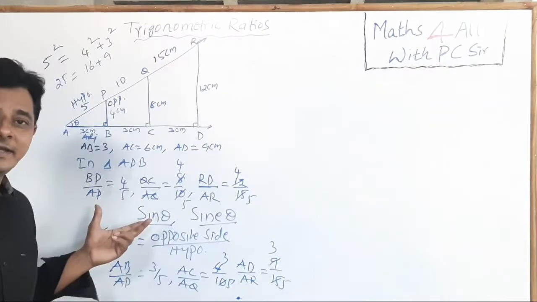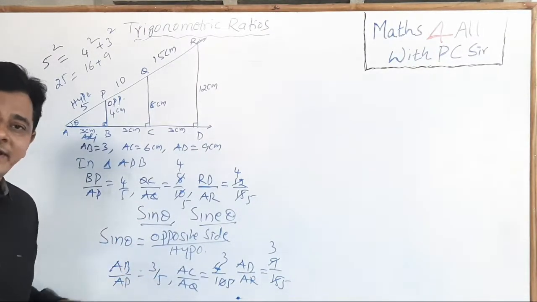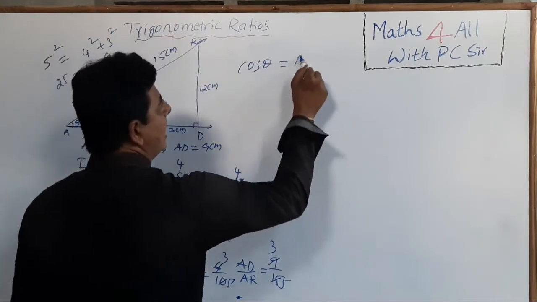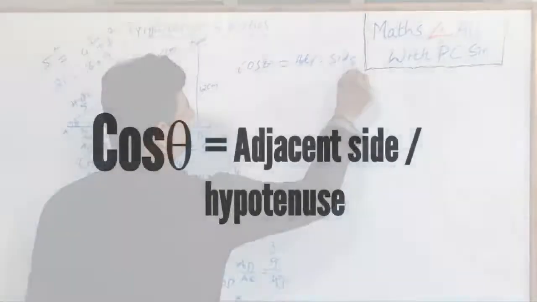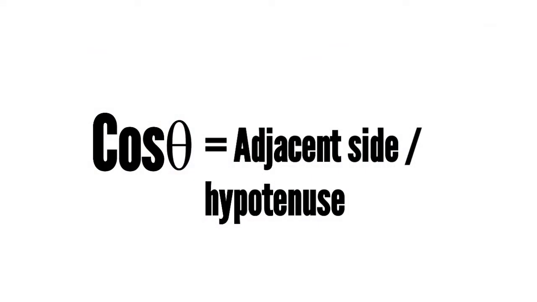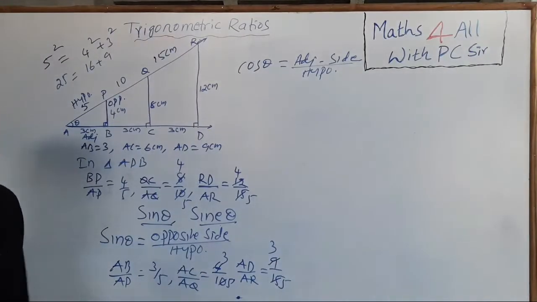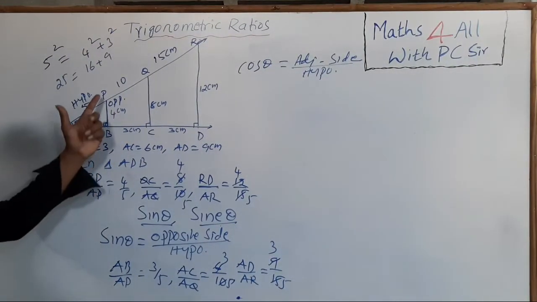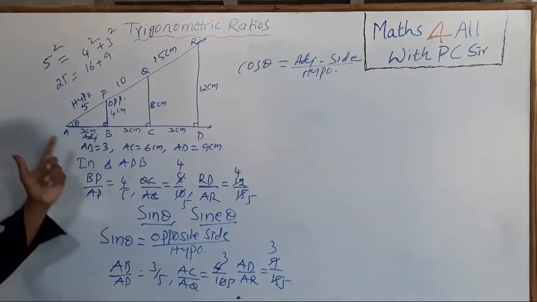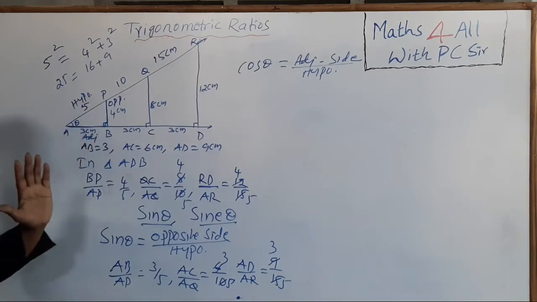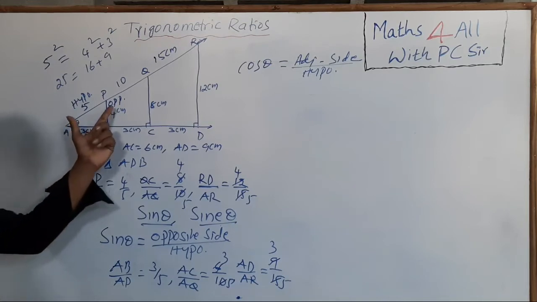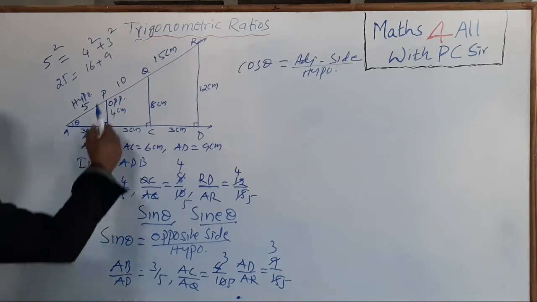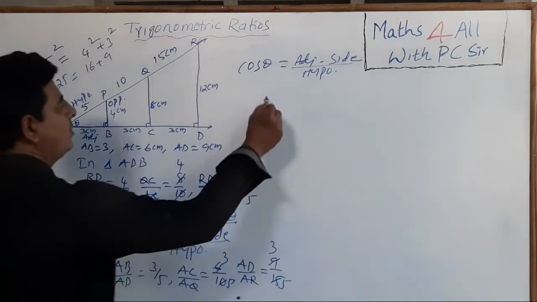The second trigonometric ratio is cosine. Briefly we can write cos theta. So cos theta is equal to adjacent side by hypotenuse. The first ratio is PB by AP, and the second ratio AB by AP. And one more is there. What is the ratio between opposite side to adjacent side? All we are getting is 4 by 3 only. Just you check over, 4 by 3.